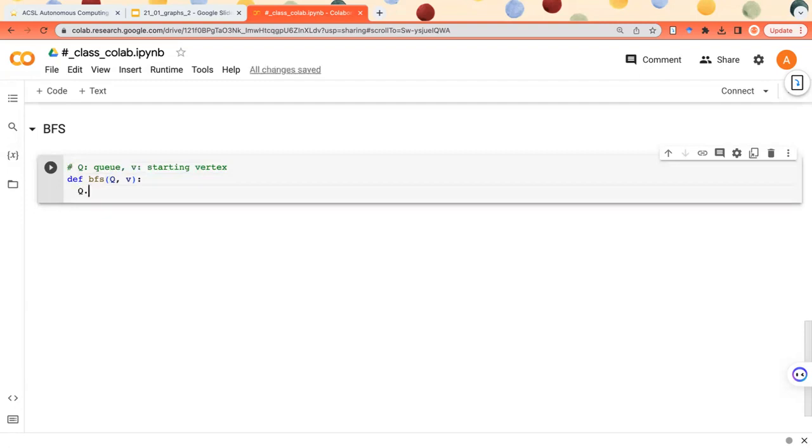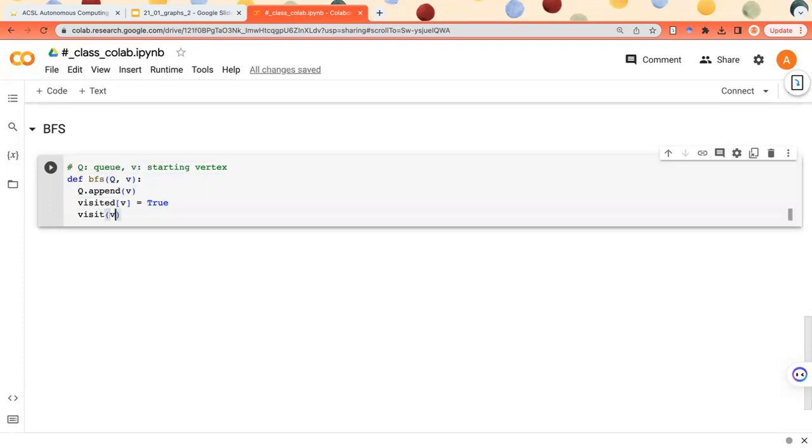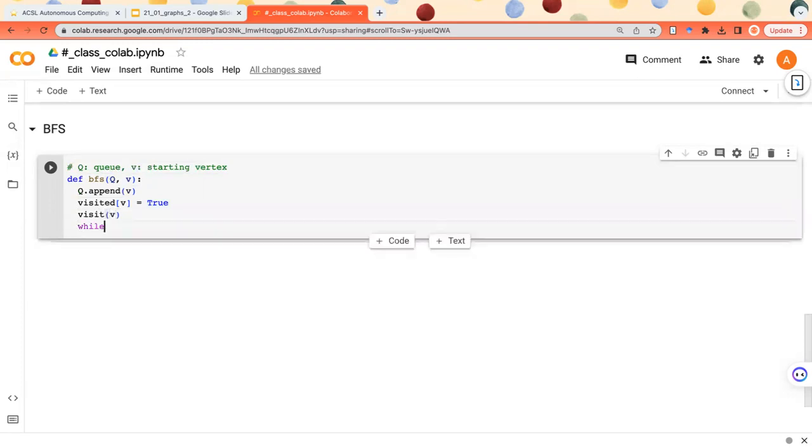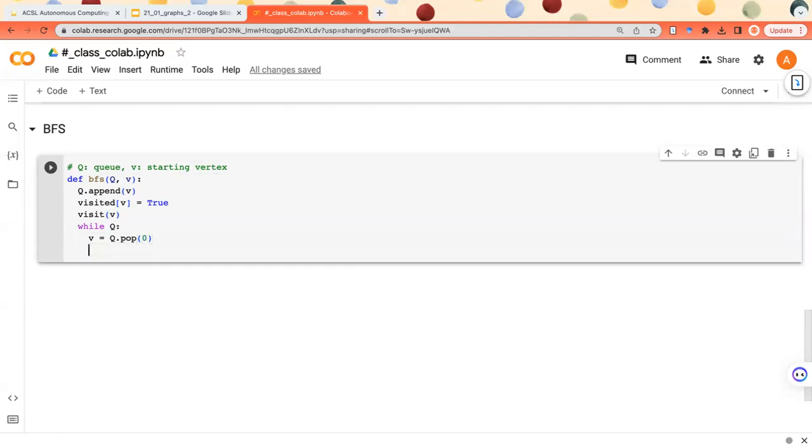First we append V to our Q, and we mark the starting vertex V as true because we visited it. And we visit V like this. While our Q is not empty, we pop the first element from Q, and for each neighbor in G[V],